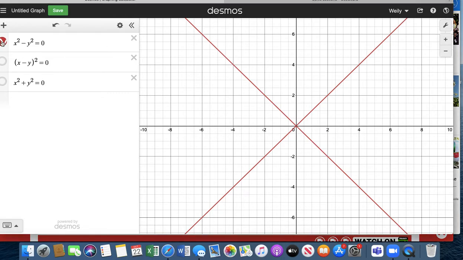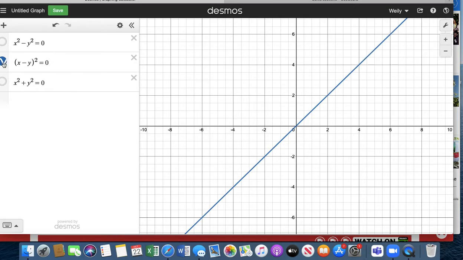If we take a look at x minus y all squared equals 0, we just get this one diagonal line with a slope of 1. And that's because when we take a look at the solution to this equation, it's going to be when x is equal to y,